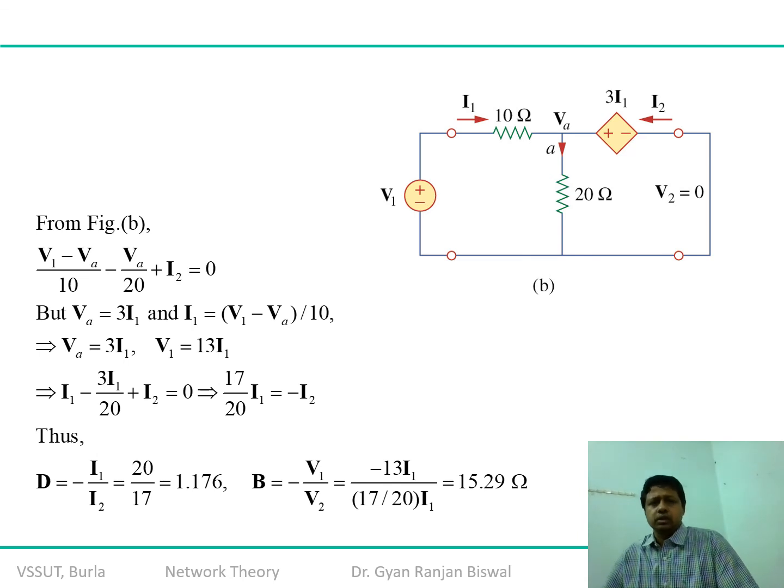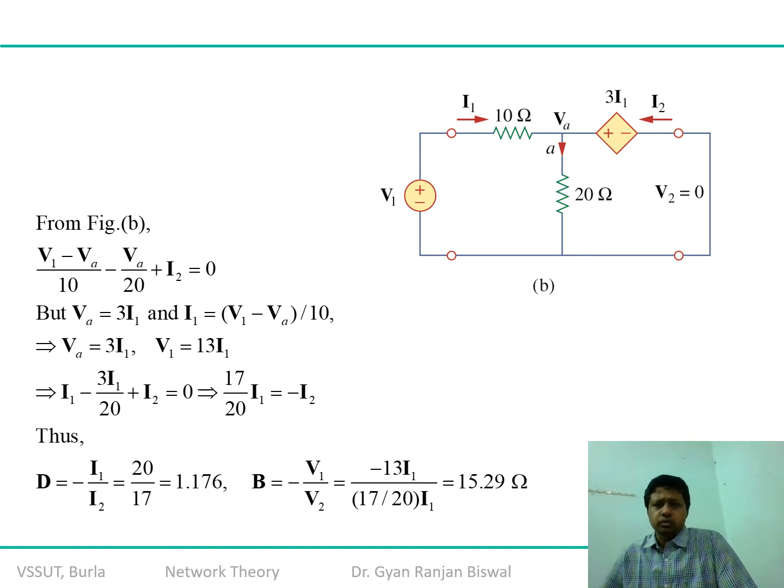Similarly, you apply the short circuit condition over here. Now you can write down your two mesh equations, or you can directly apply the nodal equation. The point is called VA because it separates at the 10 ohm resistance. So the voltage before and after the 10 ohm resistance will be different, as you know. Therefore, let us assume some node A, or 1 dash, anything you can name, something different from V1 or V2. So it is (V1 minus VA) upon 10, which is equal to VA by 20 plus I2.